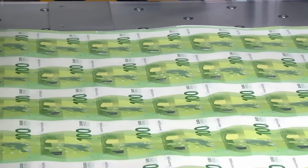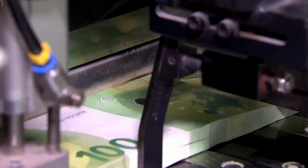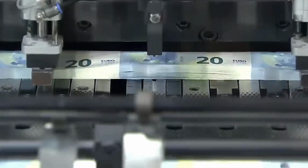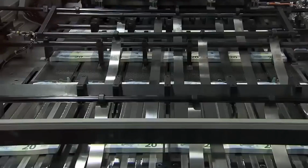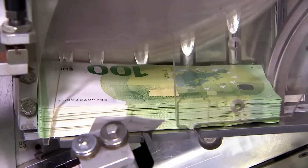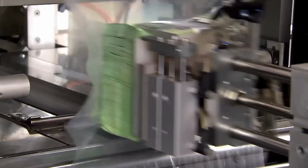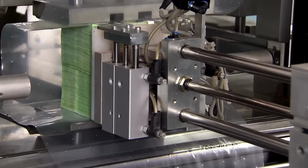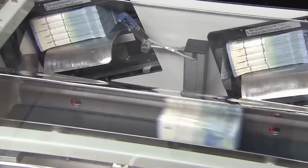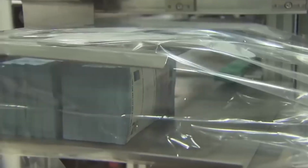Giant, guillotine-like cutters, equipped with laser-guided precision, slice through the large sheets of banknotes, separating them into individual notes. These machines ensure clean, accurate cuts, minimizing waste and maximizing efficiency. The freshly cut banknotes are automatically stacked and counted by sophisticated machines, ensuring that each bundle contains the correct number of notes. These stacks are then banded and wrapped in protective plastic film to shield them from moisture and damage